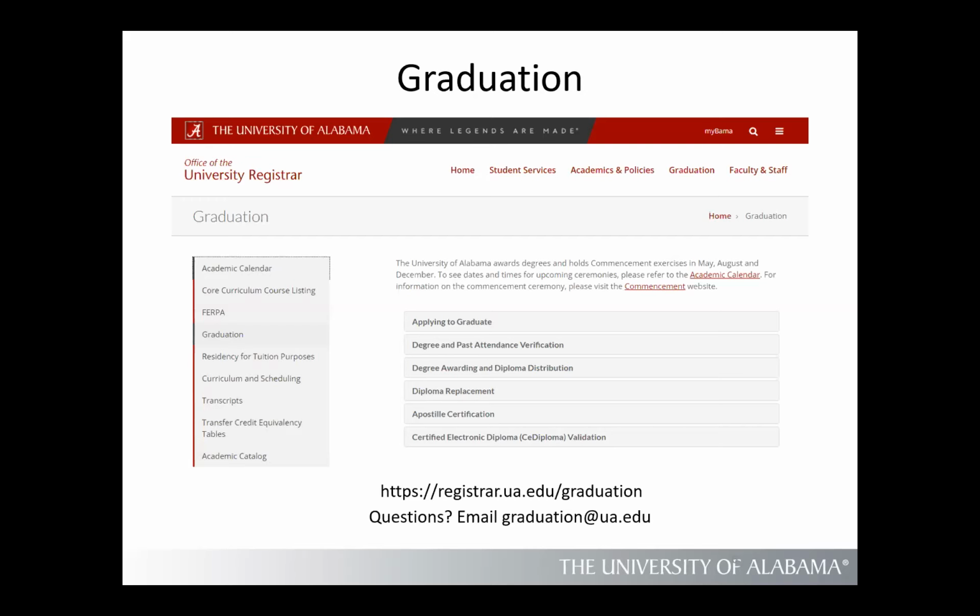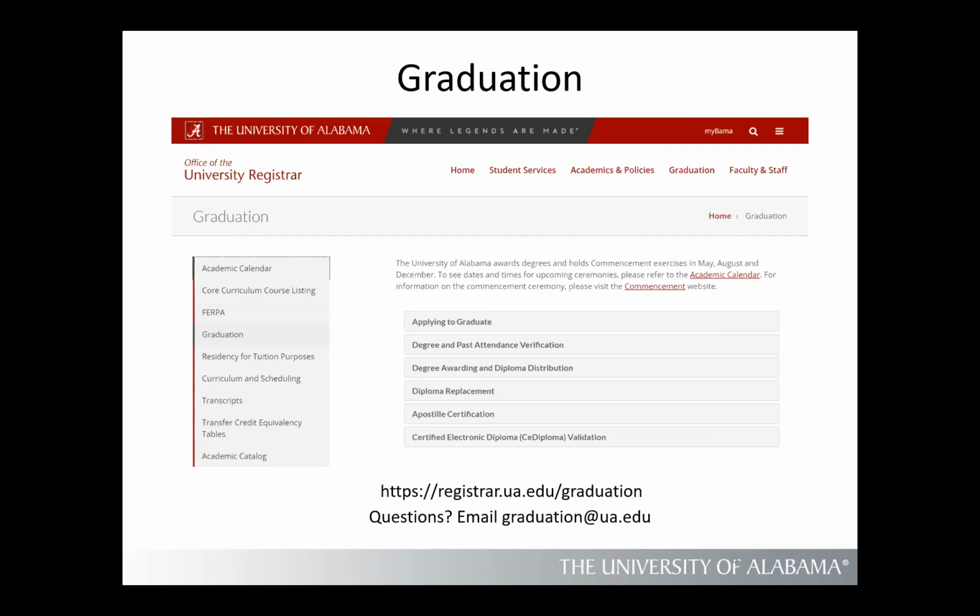And then we have a fairly new thing called a certified electronic diploma. For those that graduate coming up, you'll be sent an email once graduation is over with from our diploma company, which is Paradigm. They'll be sending every student an email basically offering them the CE diploma. I think it's about $10.95 for that. So it's really affordable. And it basically gives you an electronic, certified PDF version of the diploma that they can take and share with other people.